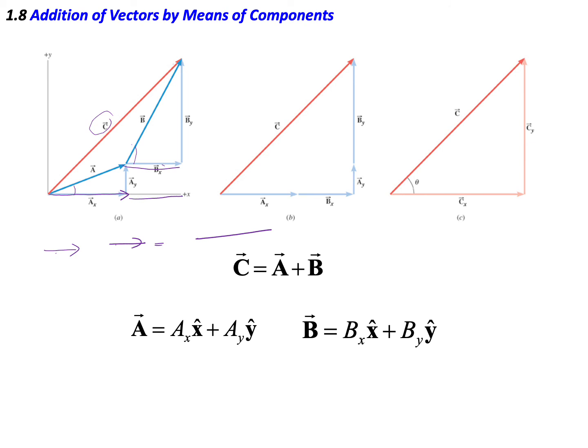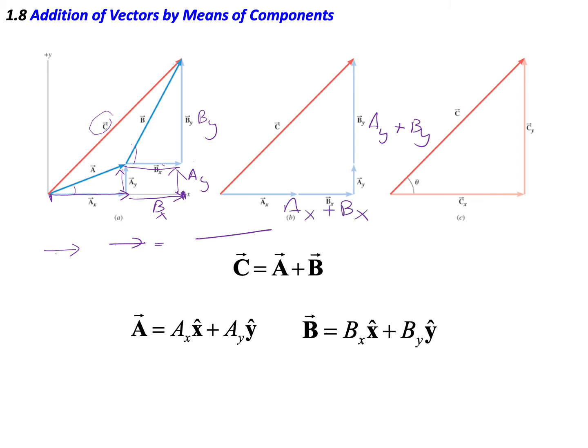So this is the resultant vector of AX and BX along the horizontal direction. And similarly, you can add the Y component of A, which is AY, and the Y component of B, which is BY. So you can add AY to BY, and this is AY plus BY. So this is AX plus